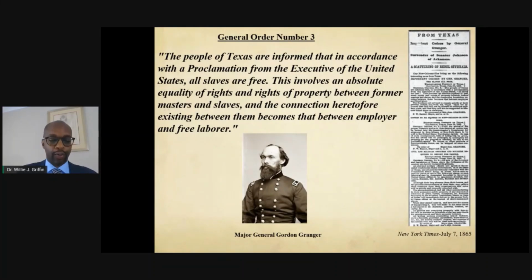This article to the right came out of the New York Times, and it's from July 7th, 1865, a few months after the Emancipation Proclamation, or after the notification in Galveston was read. So the article recounts Granger's arrival and provides details about other general orders like number 4, which said that former Confederate officers were required to report for parole and turn in weapons. Order number 5 said the sale and shipment of cotton had to be handled through proper Treasury agents who were connected to the Union.